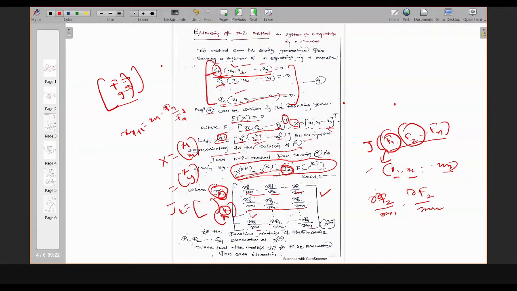And note that the matrix Jk inverse is to be evaluated for each iteration. Okay. You have to evaluate it in each iteration. That's why the subscript k is written. Okay. So now,